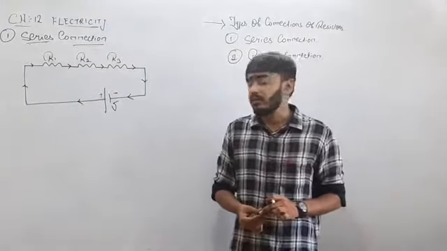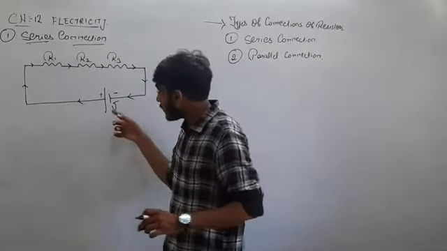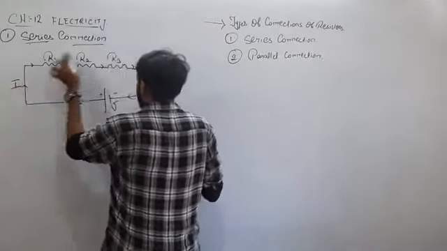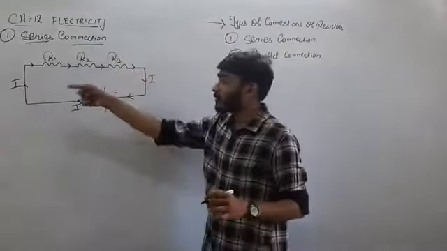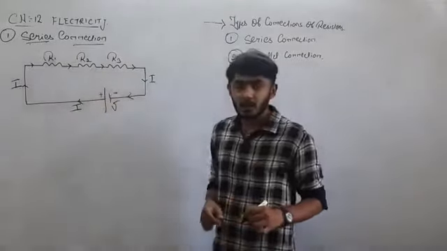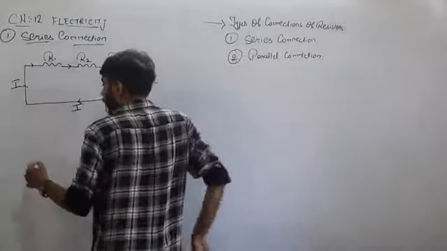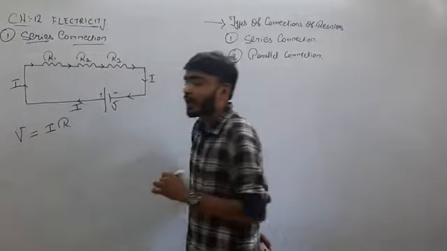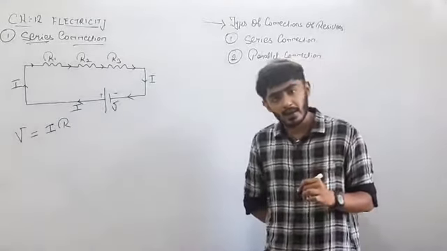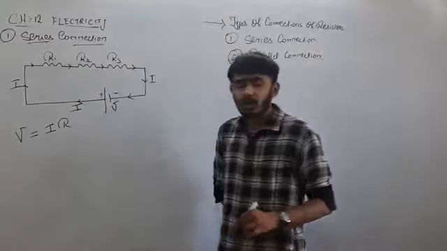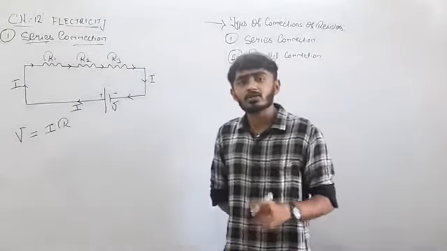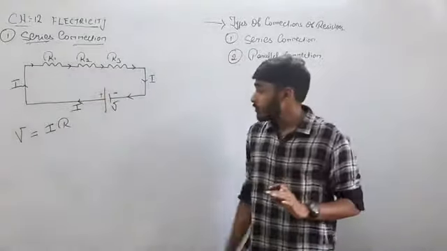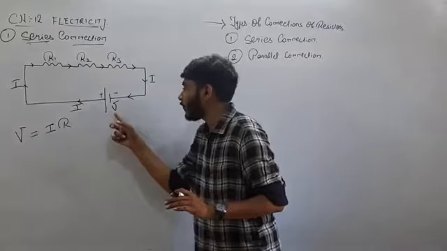Okay. So now what happens? Let us see. If the voltage is given from here, electric current, these arrows are electric current. And if electric current is given, then electric current passes through R1, R2, R3 continuously. Now we have a formula for Ohm's law, that is V equals IR. Here the electric current remains constant, but the voltage gets distributed over here, here and here. So this is the main formula, V equals IR.